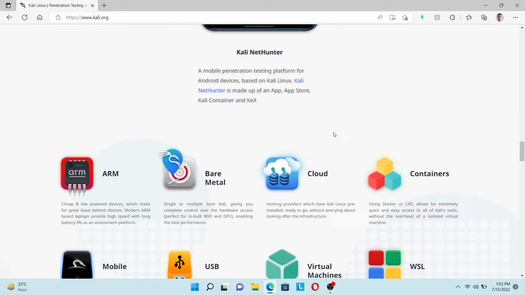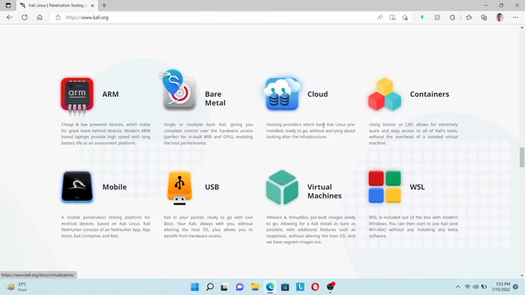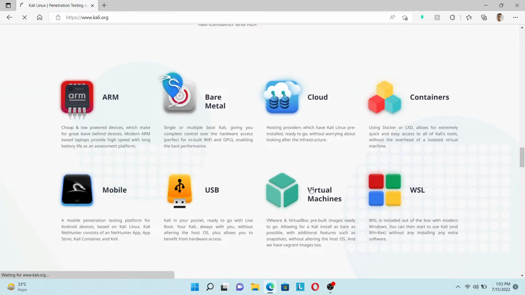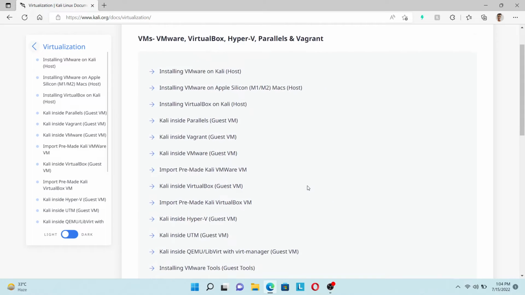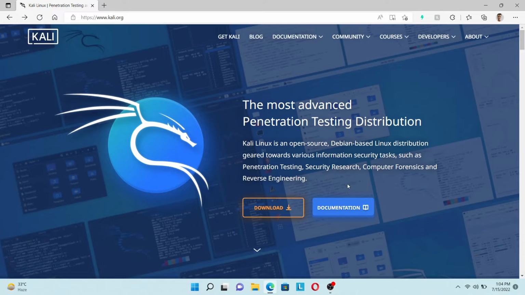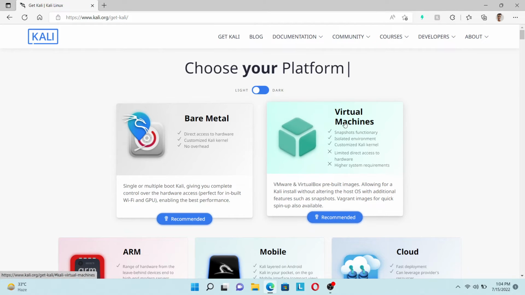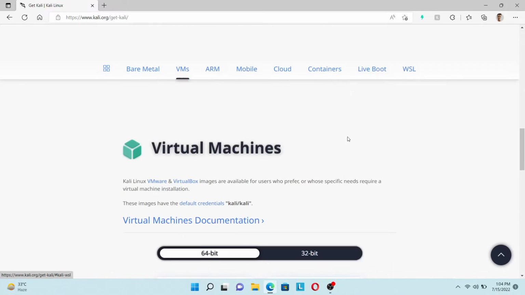On this site we are going to download the VirtualBox image file, the virtual machine image file. Just go back, I will show you on the main page. From the main page you can go to the download option. Click on download and then go to the virtual machines, and here if you click you will see two